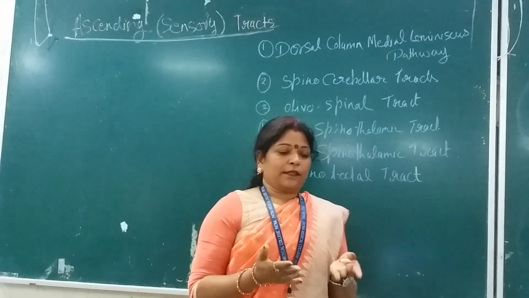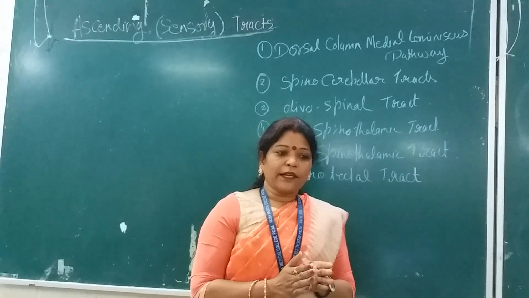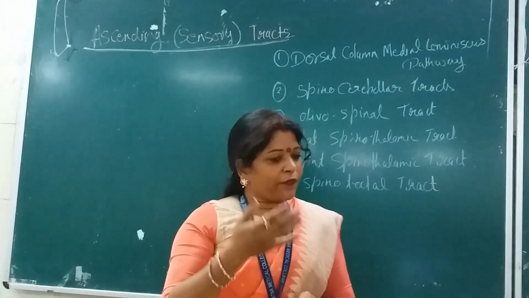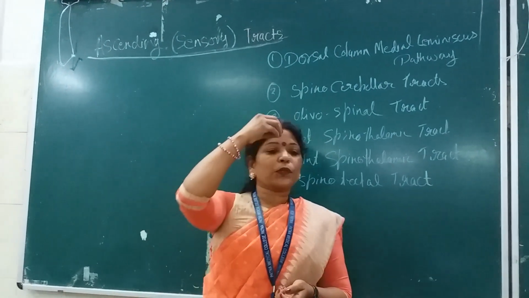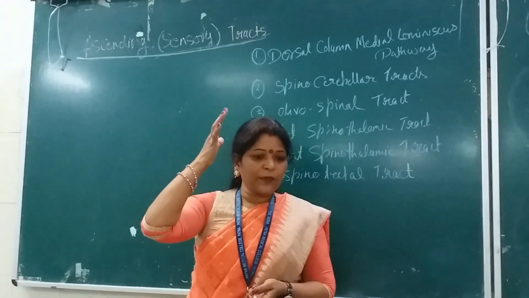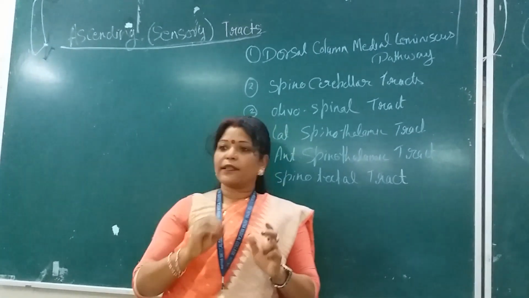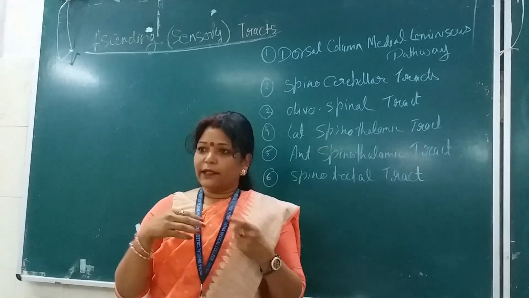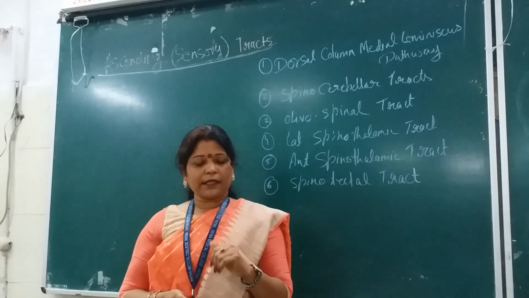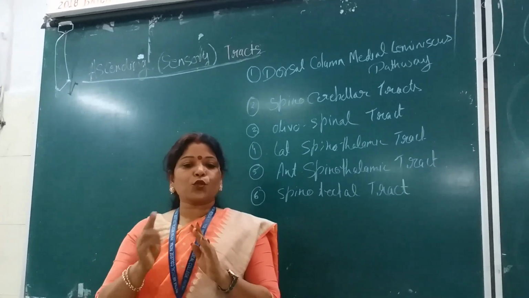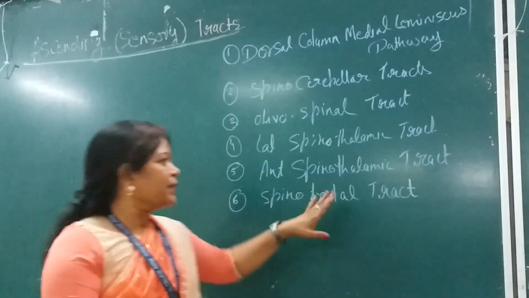So, this sensory and the motor component of these tracts: it is carrying sensation from the peripheral tissue via the receptors, conveying these impulses to the higher center, that is the cerebral cortex. From the cerebral cortex, the commanding fibers, that are the motor fibers, come downwards and do their work through the motor component, that is, the ascending tract and the descending tract. This is the two-way traffic, that is, to and fro connection of the cerebral cortex via the spinal cord.